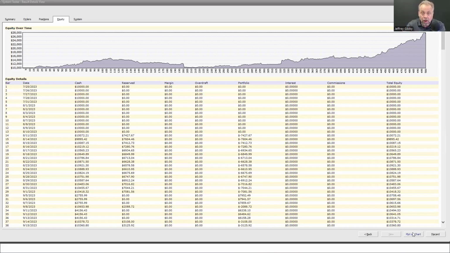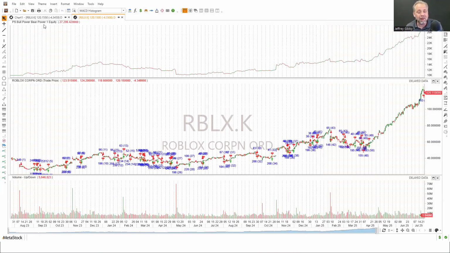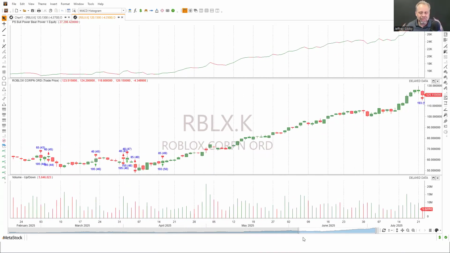I think a key part of trading, as I said earlier, is discipline. And I think if you understand why... what are we looking at here? The bull power, bear power system, is that what we're looking at? I forgot. If we understand why we're making a buy and sell decision on that, it's going to help us understand the hazards of that methodology. It's going to help us stay disciplined. If we understand that 50% of our trades are going to be losers, but they're not going to be as big as our winners, it's going to help us have discipline.